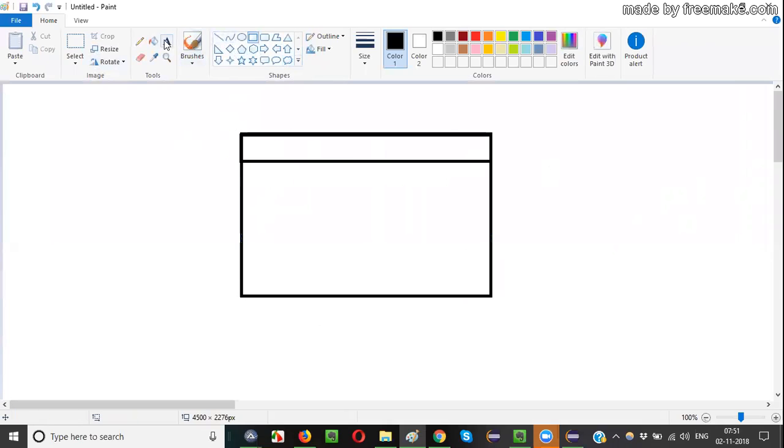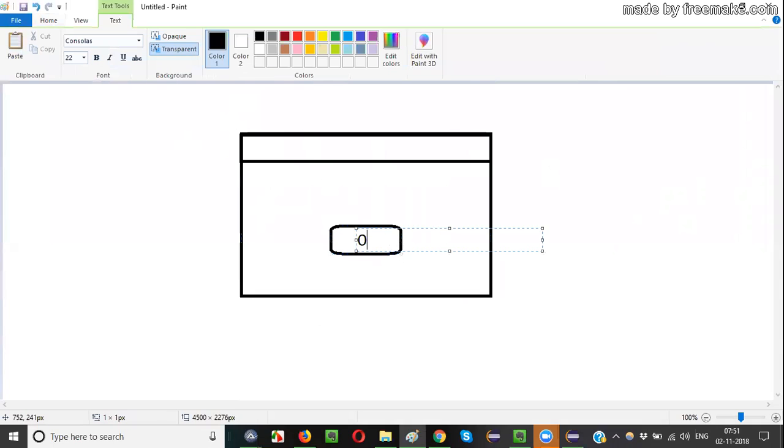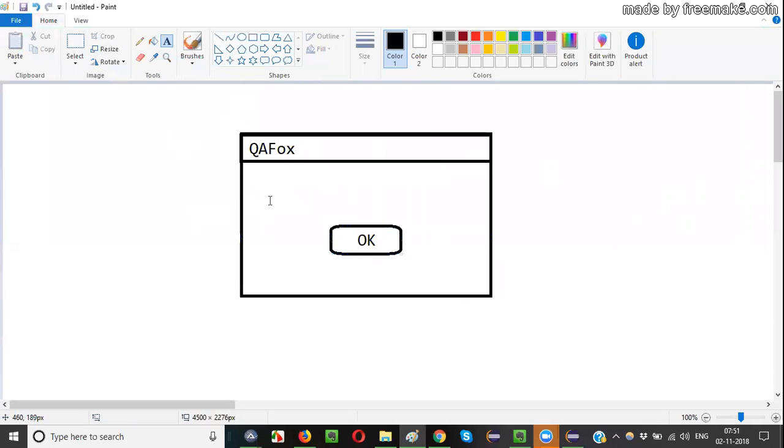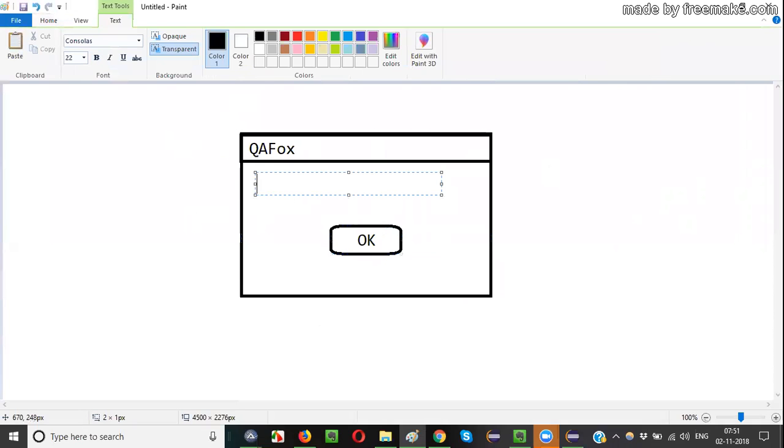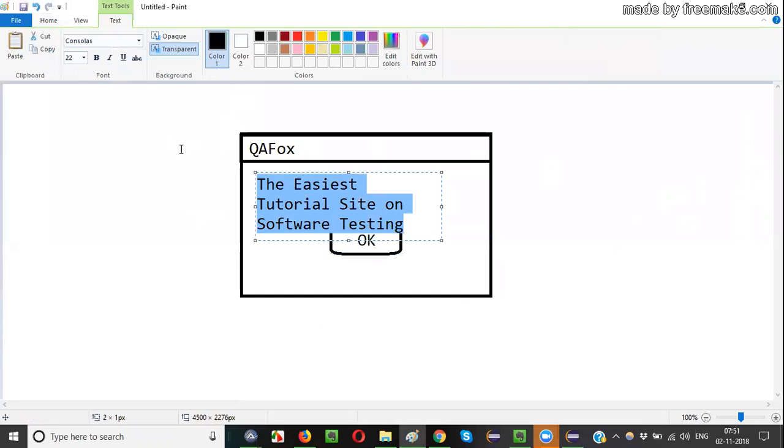Some dialog box having an OK button on it, with the title as Firefox, and here the description should be: the easiest tutorial site on software testing.